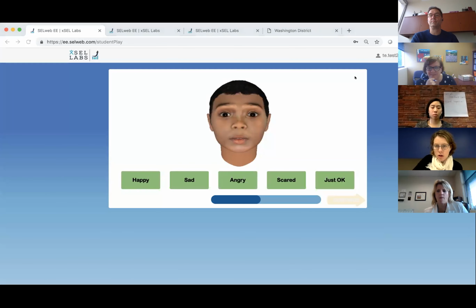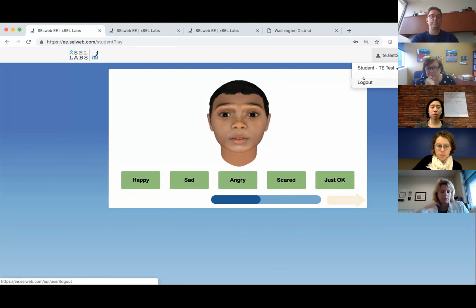Great. Let me find the screen sharing again. Before I talk about reports, there's one other nuts and bolts thing that I want to tell you. What I showed you was the student side of things. Now we have 5 different roles for how scores could be viewed, with the most comprehensive reports